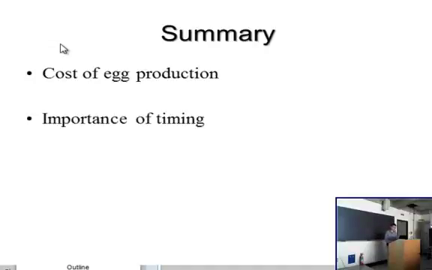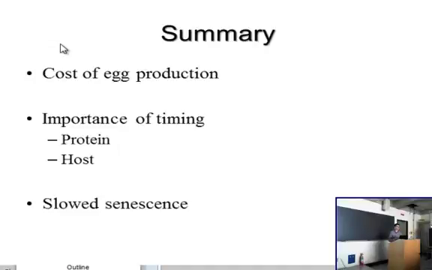There's also this clear importance of timing, both of the protein availability and also the host access. And so what this would imply is that in the first 2 weeks after these flies eclose, and this is applicable in the wild, they're going to be really active to try to find their dietary precursors and their host access. Otherwise, they're going to have greatly reduced fecundity. And then finally, there's this interesting result that there's a trade-off that allows for senescence to be slightly slowed, but is only present in the medfly.